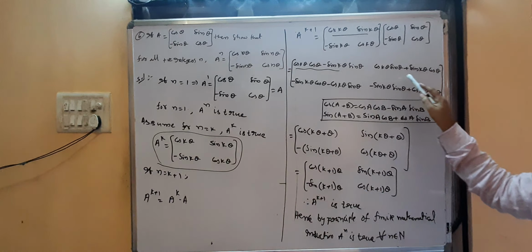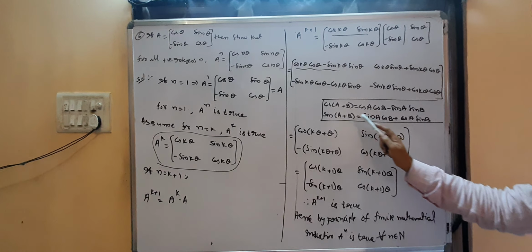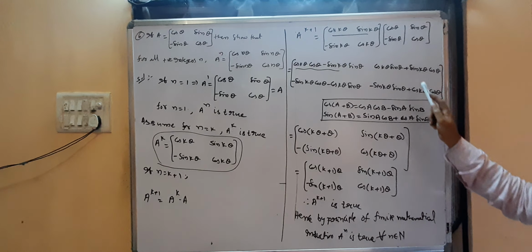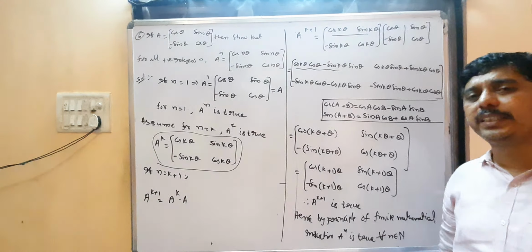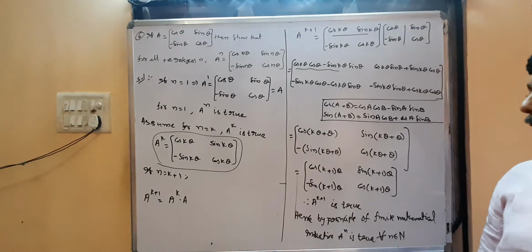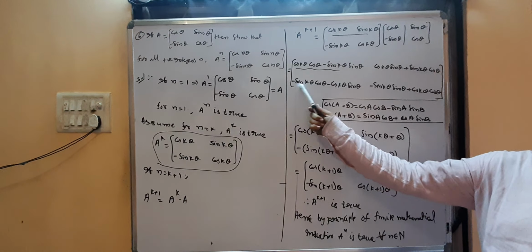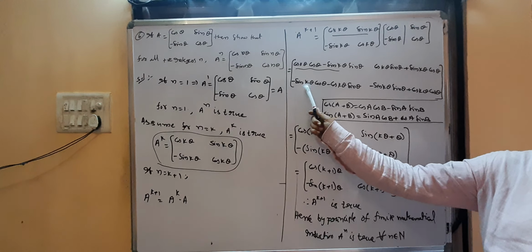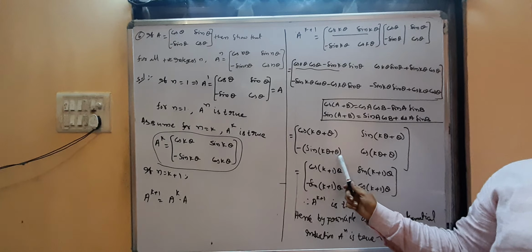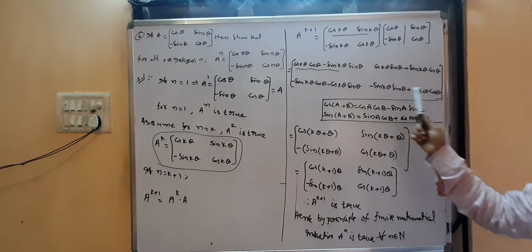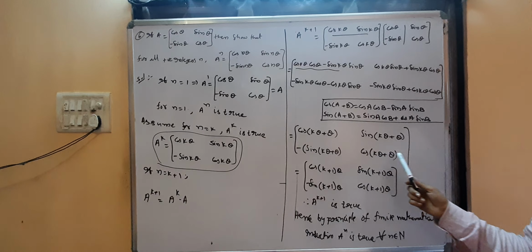Substitute. This is sin A cos B plus cos A sin B. One sin, one cos means you can go for the sin of A plus B formula. A is k theta, B is theta. That is your choice. You can take A is theta, B is k theta also, no problem. 2 plus 3 equal to 3 plus 2, both are same. From these two, minus is common. Take minus out, sin A cos B plus cos A sin B, that is sin of A plus B. Apply the formula. These are both cos, both sin, means cos of A plus B. Cos A cos B minus sin A sin B means cos of A plus B.